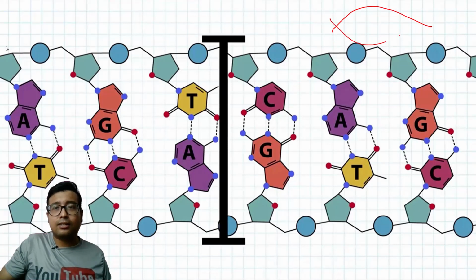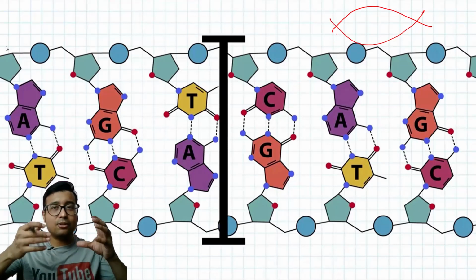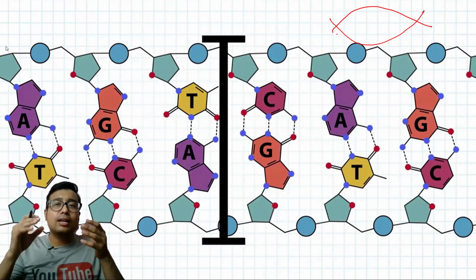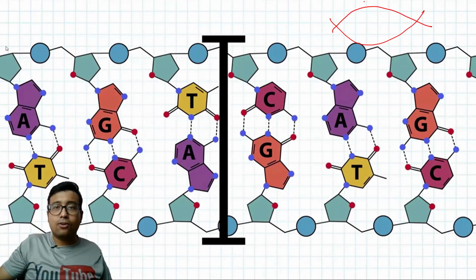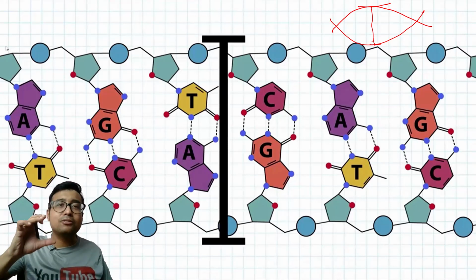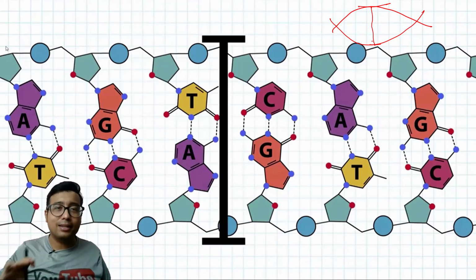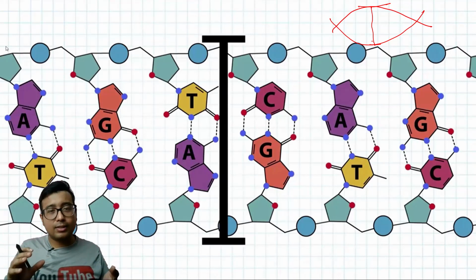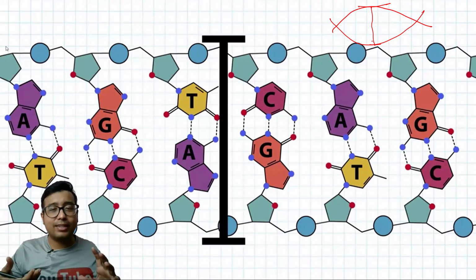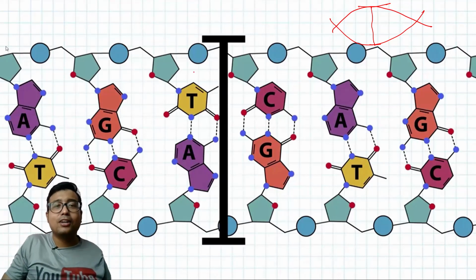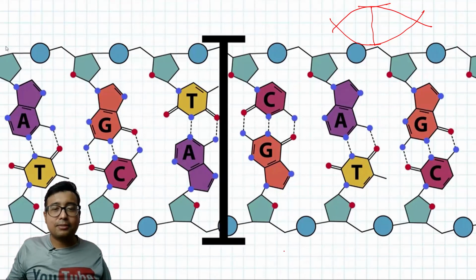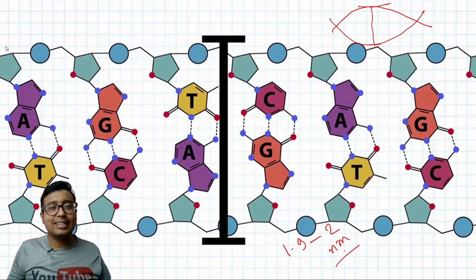Now the width of the DNA, if we consider, this is a three-dimensional thing, the whole thing is twisted. If we look at this, the whole thing has the same width, but this width will vary as it spirals. For the sake of simplicity we have unwound this. So this is the width of the DNA and it is approximately 1.9 to 2 nanometers.